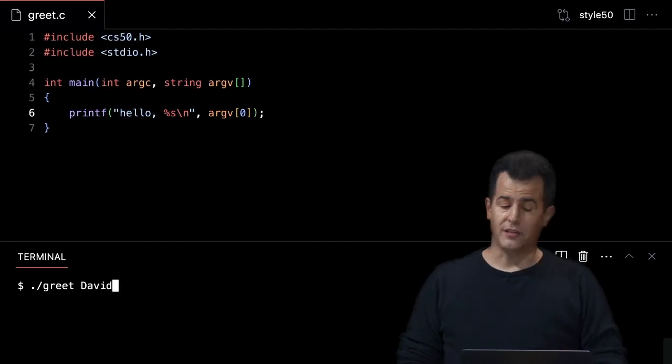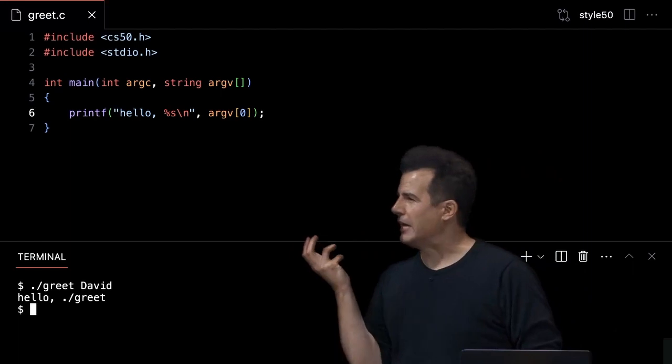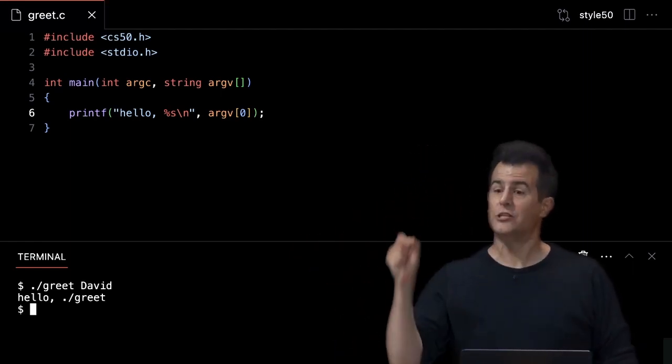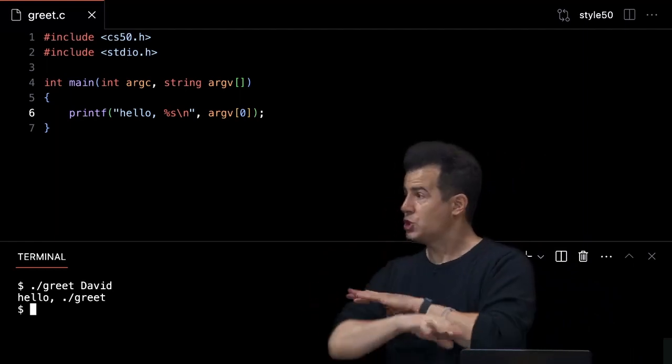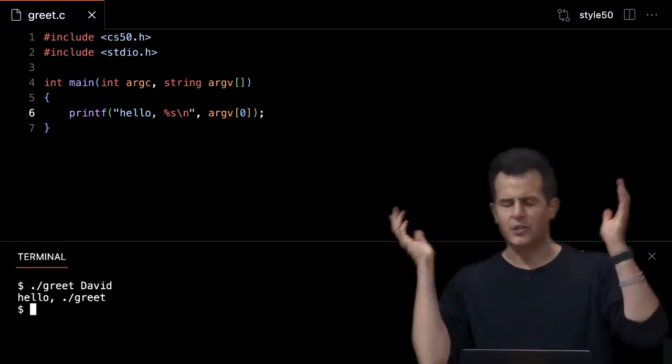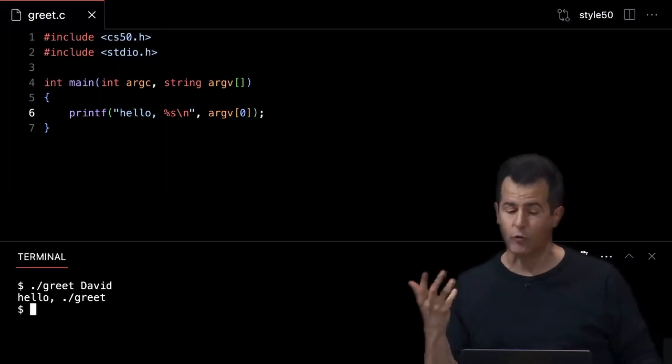Any hunches? Yeah, so it's going to say hello /greet. It turns out you get kind of one for free. Whatever the name of your program is always accessible in argv at location 0. That's just a handy feature in case there's an error or you need to tell the user how to use the program. You know what the command is that they ran. But at location 1, maybe 2, maybe 3 are the additional words that the human might have typed in.